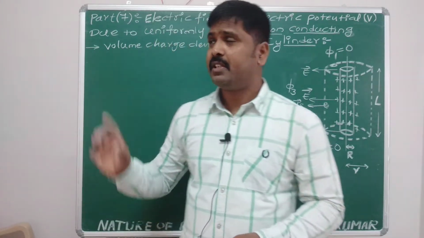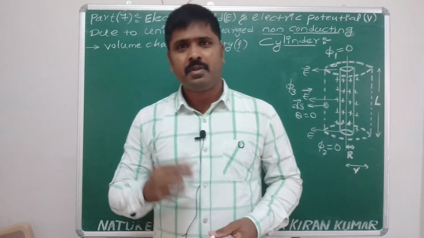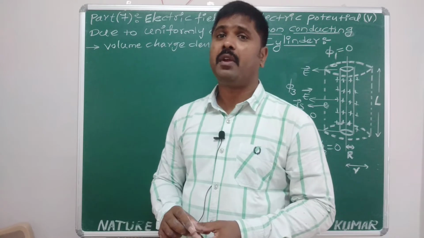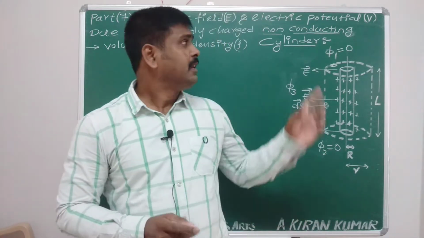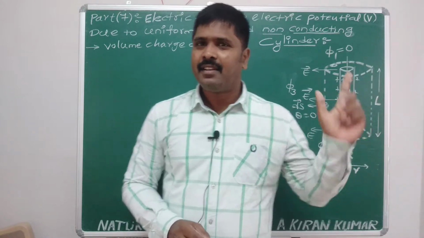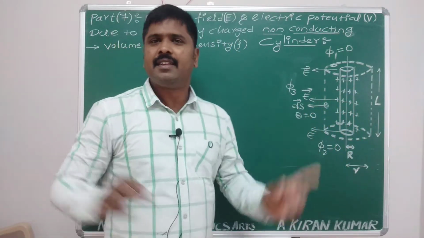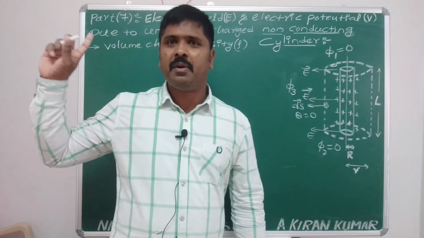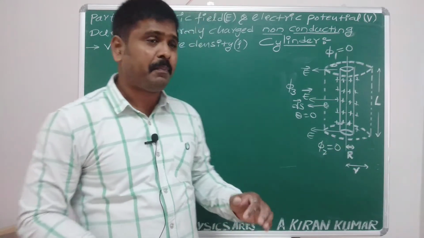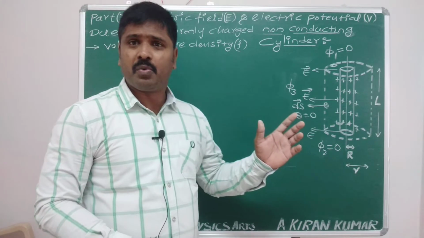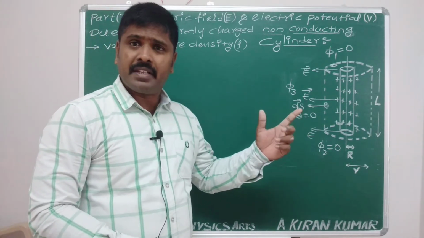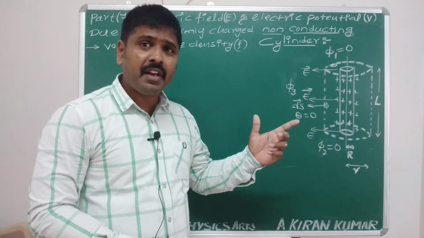In continuation, this is part 7 video. Here also we will find the electric field intensity and electric potential of a uniformly charged non-conducting cylinder. Before, it was a metal cylinder; this is a non-conducting cylinder. That was the part 6 video, and this is the part 7 video. Try to understand the difference between them. First I am going to find the electric field intensity from Gauss law, and second, the electric potential based on the E and V relations.